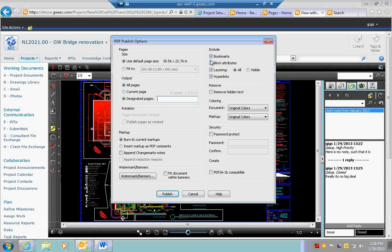And password protect the document so that when you go to distribute it, you can have that security added to it as it becomes a distributable. And of course, the selection to go to PDF/A as a standard. When we go to publish this,